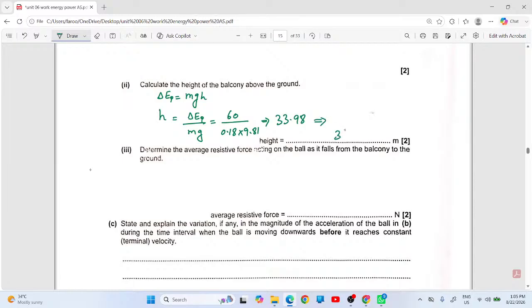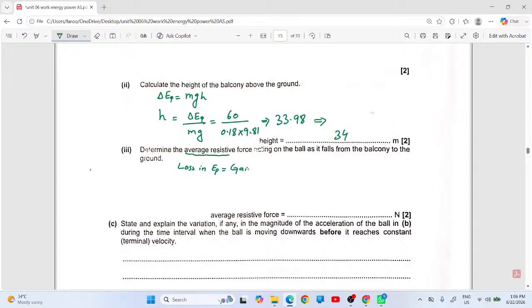और कर दूं आंसर चेक. 34. Okay. Determine the average resistive force acting on the ball as it falls from the balcony down. You have to find the average resistance. उसका मतलब है the ball is moving downward. It means loss in gravitational potential